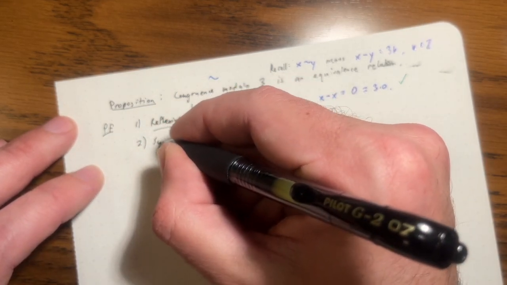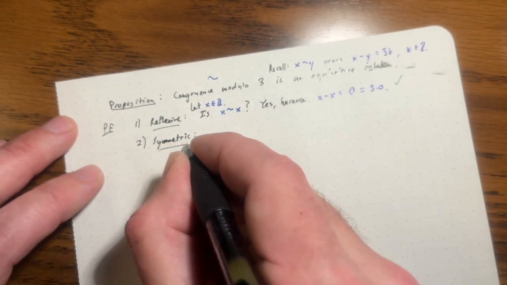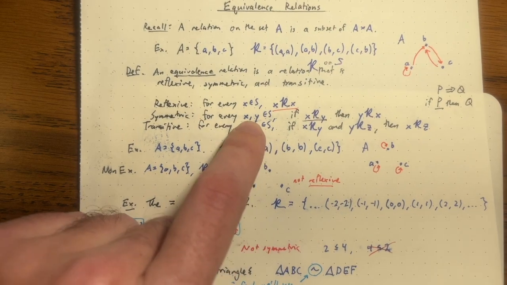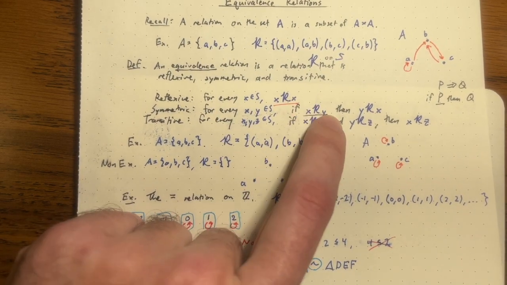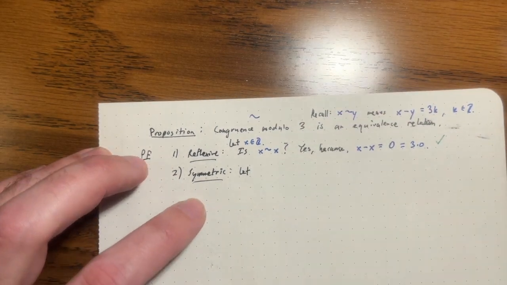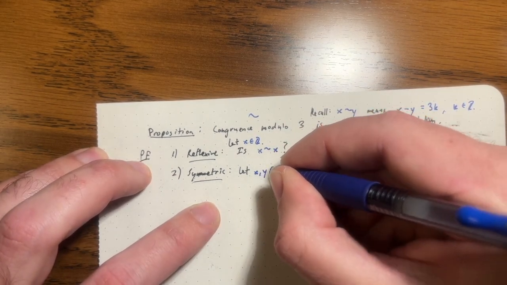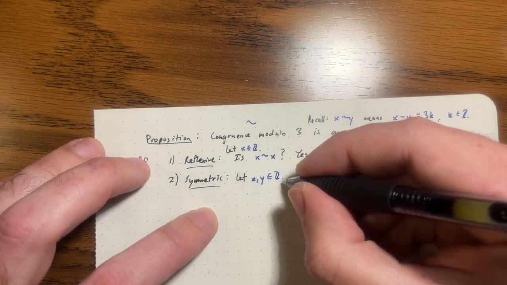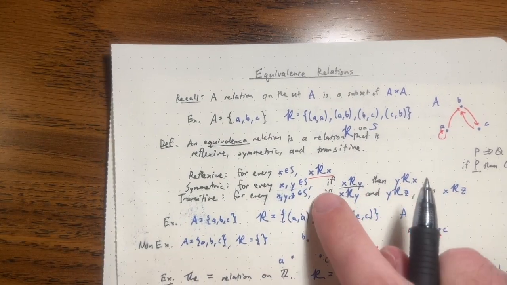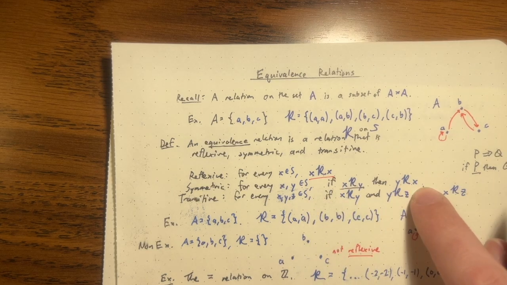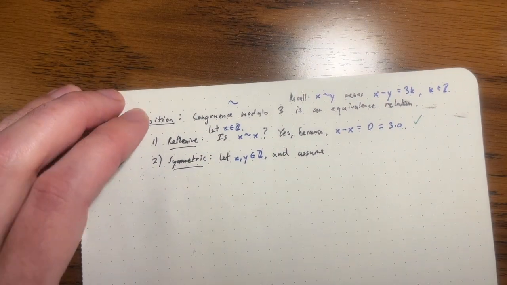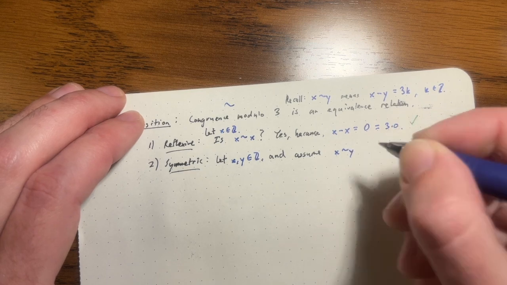Is it symmetric? How do I want to start? Let's remind ourselves what symmetric means. For every pair of integers, if one is congruent to the other, then the second one is congruent to the first one. So let's check that. We'll start by letting x and y be arbitrary integers. We're proving a conditional, so to prove an implication, you assume the first part is true. So I want to assume x is related to y, i.e. x minus y